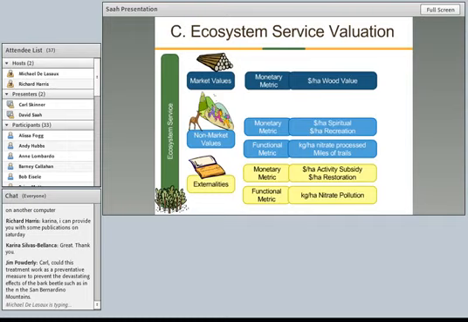And then you have these generic externalities, and these externalities are things that aren't necessarily a service by themselves, but they affect your ecosystem. Things like some sort of activity subsidy. That's not an ecosystem service, but it's going to change how those ecosystem services are functioning within the system. Like a restoration project, for example. Funding for a restoration project is going to change what you have in that system. You could also have functional metrics, like some sort of pollutant that you're adding to your system.